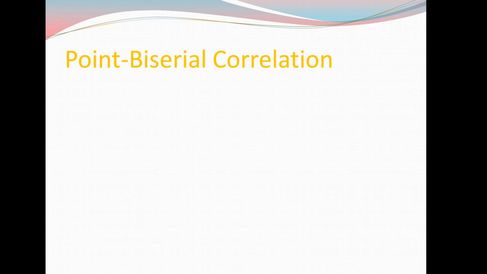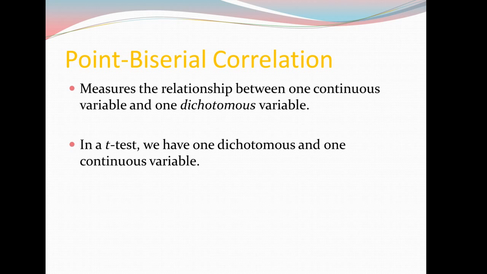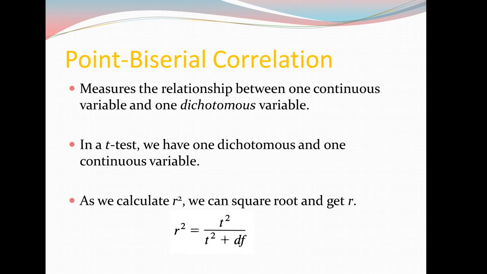Then we also have point biserial, which makes a lot of sense when you think of a t-test where you have one dichotomous and one continuous variable. You can calculate that pretty simply if you have your t-statistic already. So R squared would equal t squared over t squared plus degrees of freedom. So if you've already run your t-test,